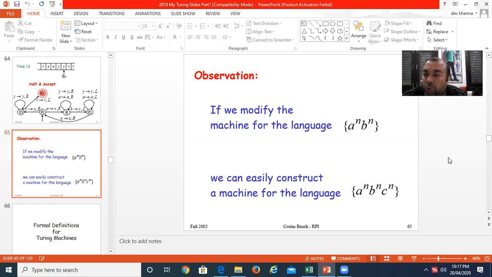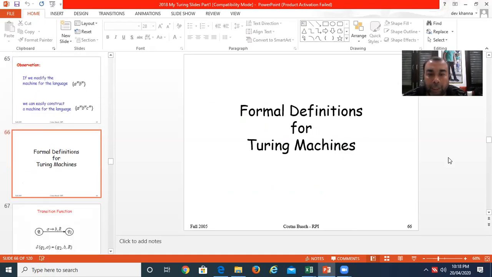So we have discussed two logics for this, A raised to power n, B raised to power n, and we have constructed the machine for one logic. Also, there may be another logic that can be applied that is similar to that, somewhat different. But these two logics are mostly used. Okay. So formal definition of Turing machine, these were the two examples that needed to be discussed.